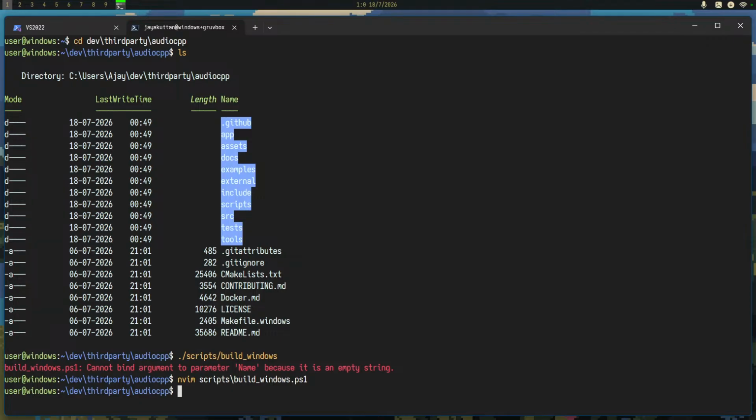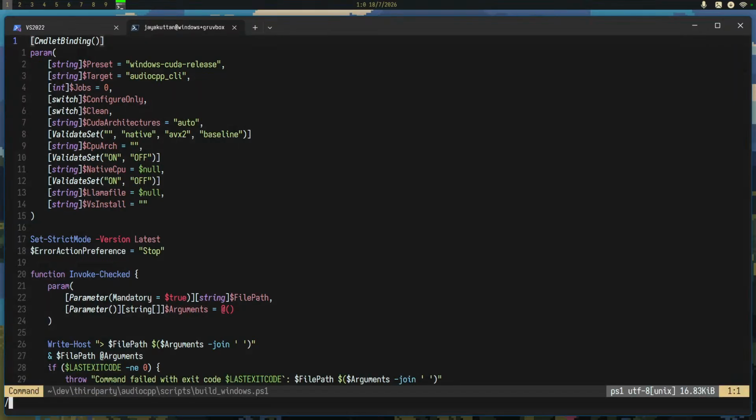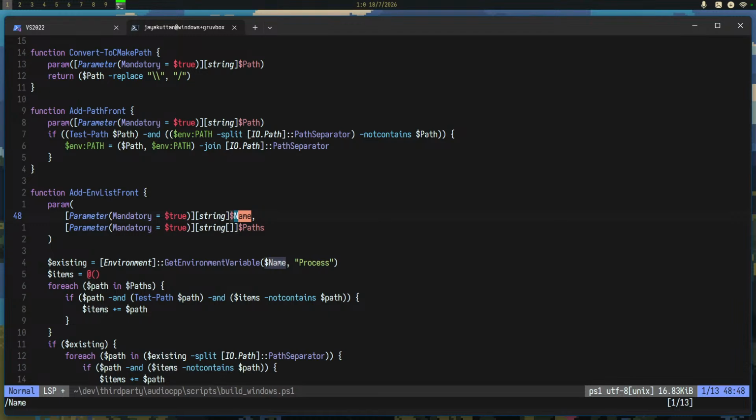I can't even see where the error is coming from. Clearly something is returning an empty string, or the argument name is being passed as an empty string, but I have no clue which function is doing it.